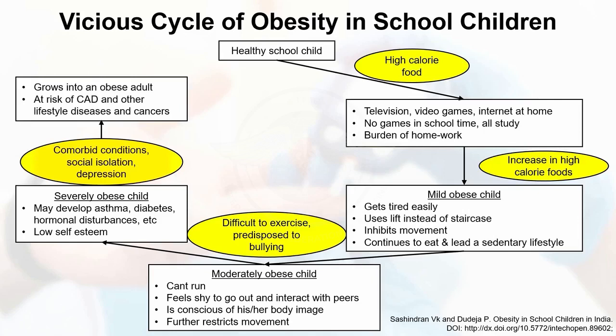Here it's important. If you take only 150 calories per day extra, at the end of 1 year, you will gain 5 kg to 6 kg weight. So imagine if you take 150 calories extra as a 5-year-old child, he takes 150 calories per day extra for 1 year, he puts on extra 5 kg. At the end of 10 years, he'll put on extra 50 kg weight.